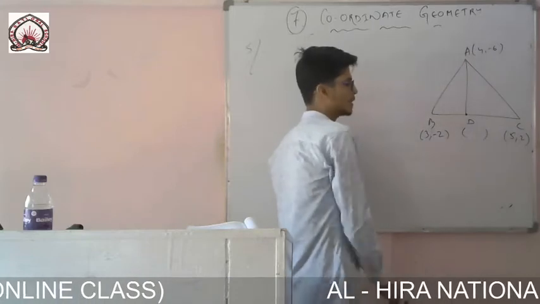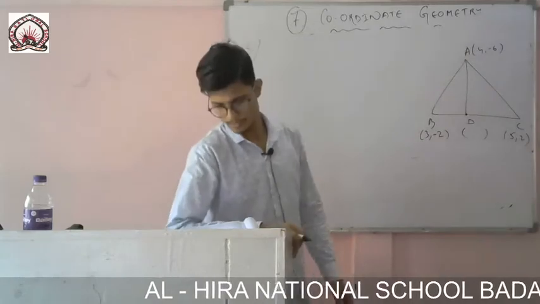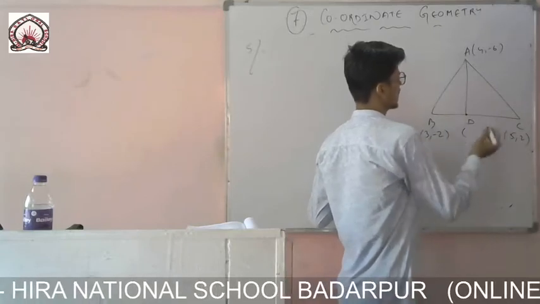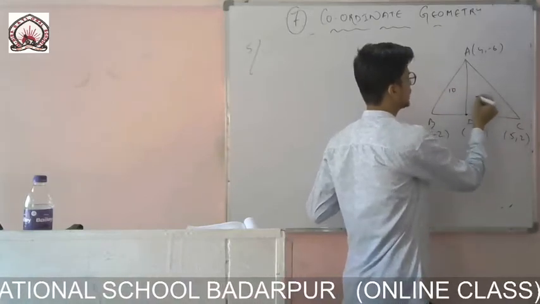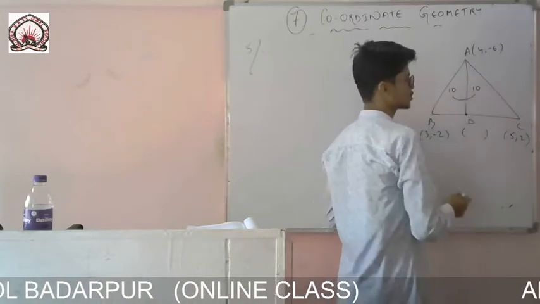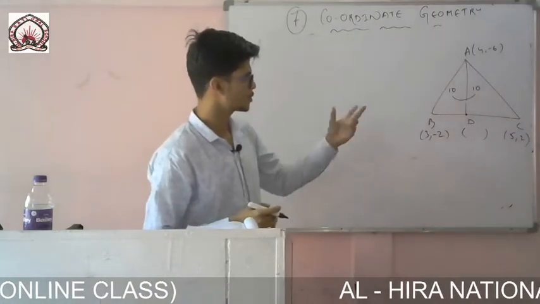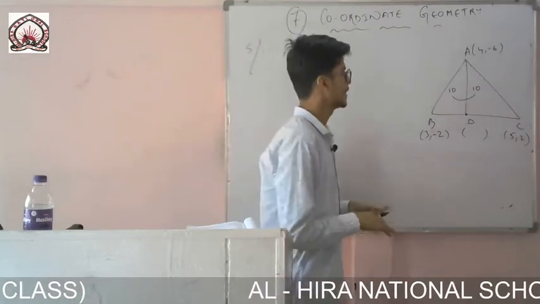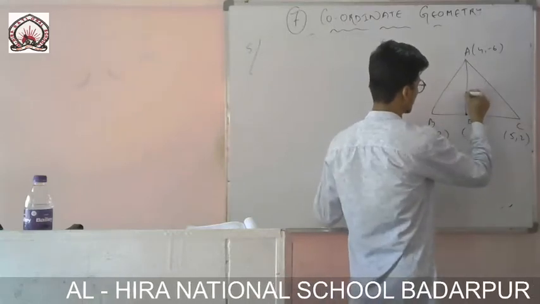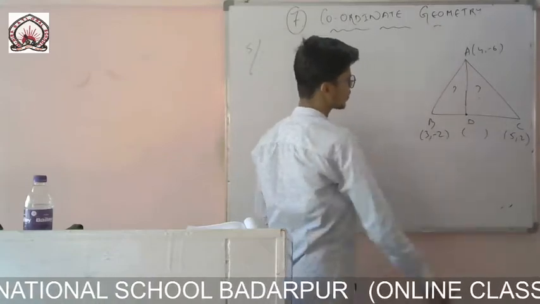It is very easy to find: x1 plus x2 divided by 2, y1 plus y2 divided by 2. Then I will find the area of this triangle. For example, if it comes 10, then I will find the area of that triangle, and it should also come 10. If both come the same, then we can say that yes, the median divides the triangle into two equal triangles of the same area. And if both are different, then it is a false statement. So let us find the area of these two triangles. Before that, we need to find the coordinate of D.